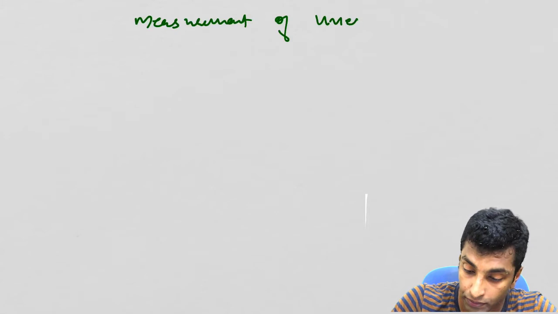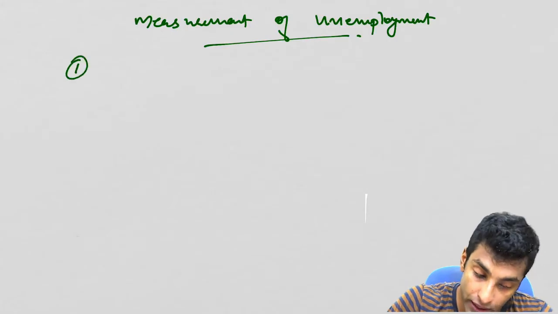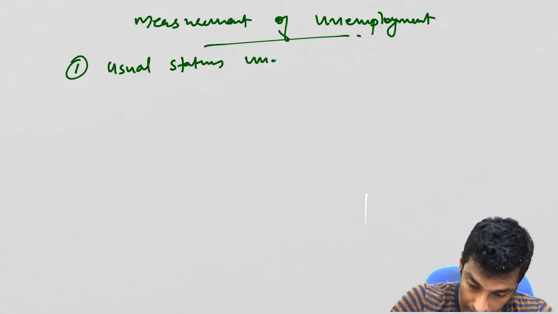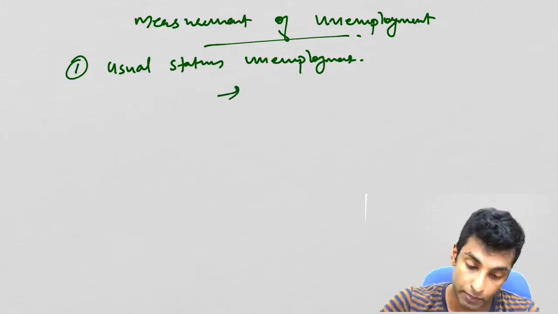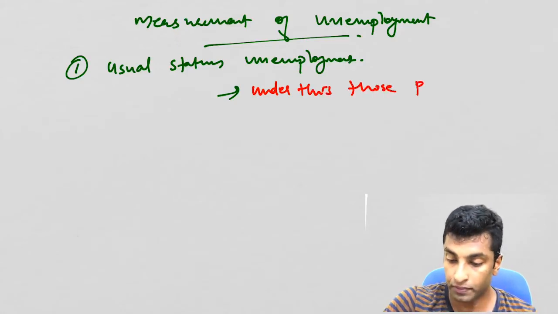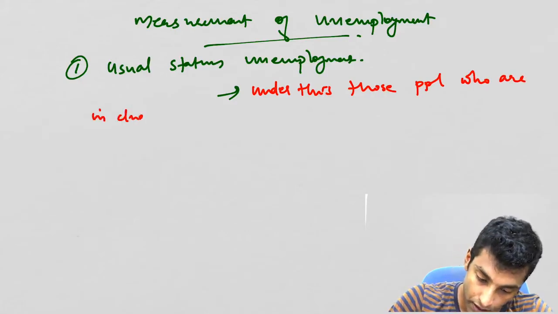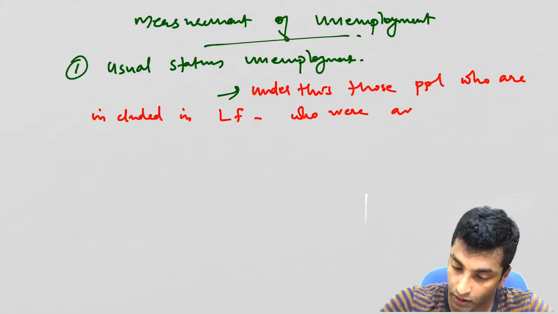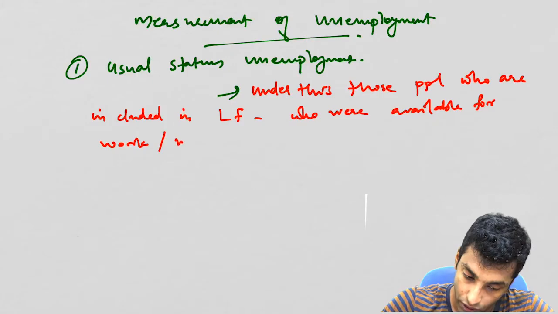Measurement of unemployment. The first one is usual status unemployment. Now let me write down first and then I'll explain. Under this, those people who are included in the labor force, who were available for work or working for